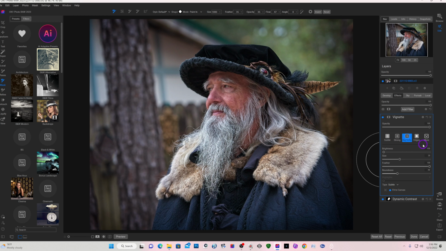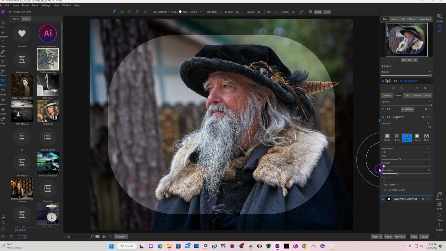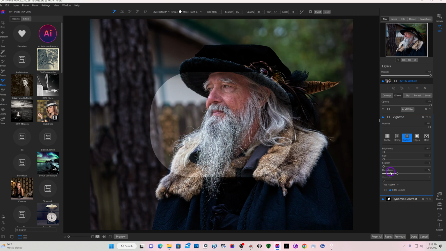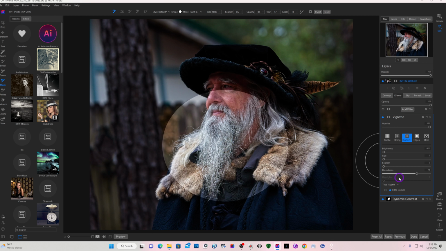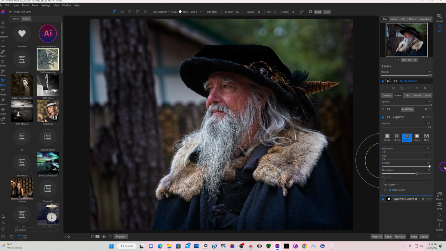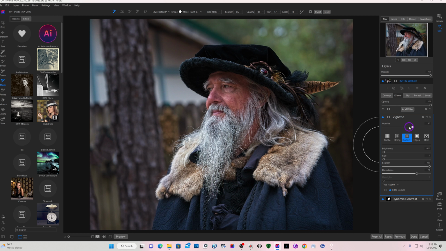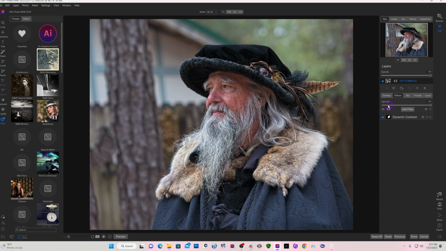I typically go, well, not typically, but a good bit of the time I'll go to the big softy, drop the feather down. You can see what's happening, and you can change the size, you can change the roundness, and you can also place the vignette where you want. And then once it's placed, you bump the feathering up, and you drop down the opacity, and you have a vignette. But in this particular case, I'm going to go to local,